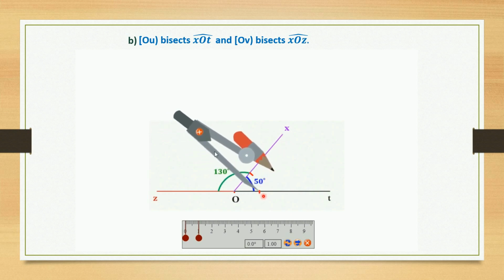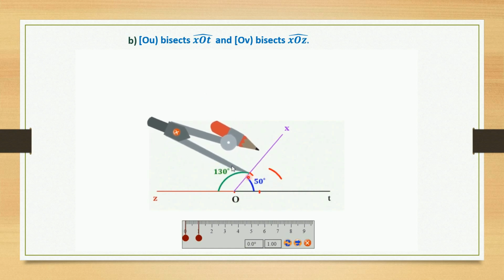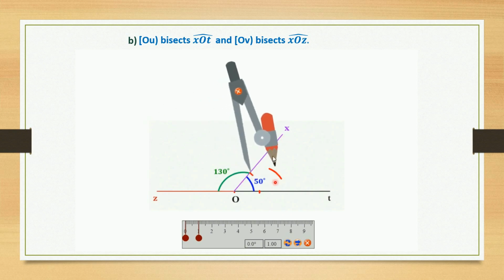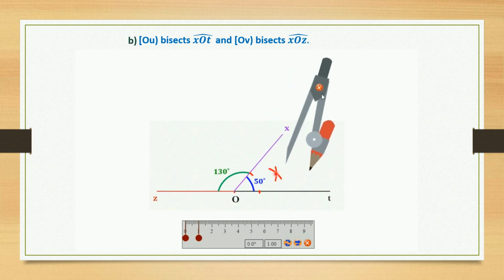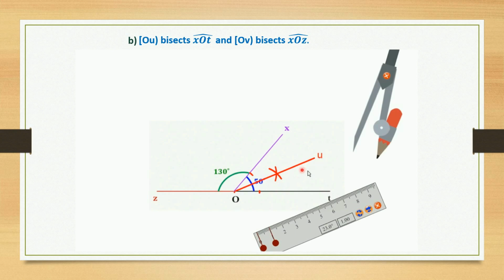Then I put the needle on this point of intersection of the arc and OT. I draw an arc in this area here. I put the needle on this point of intersection of the arc and OX. I draw a second arc that cuts the first arc. These two arcs will intersect at this point. Then I draw a line starting from O passing through the intersection of the two arcs, and you obtain OU,